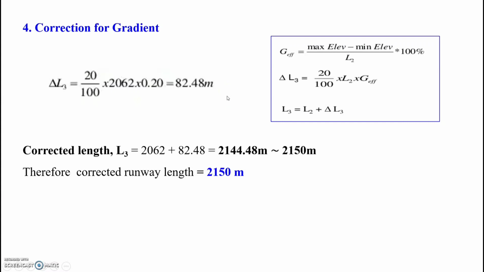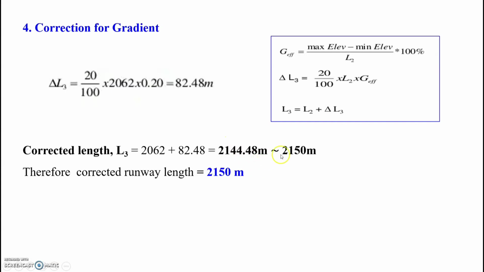Now you can proceed to find the corrected length L3, which is L2 plus delta L3. Previously you got your L2 as 2062 plus delta L3, which sums up to 2144.48 meters.